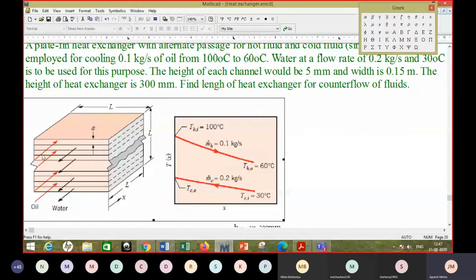As you can see, the red lines and the black lines show two fluids. So we're going to solve an example where you have some hot oil flowing at a particular rate in one direction, from the front to the back side. It is entering at a higher temperature, and you want to cool it to a particular temperature. And you have the water source available for that job.